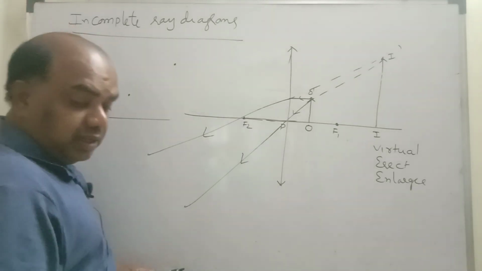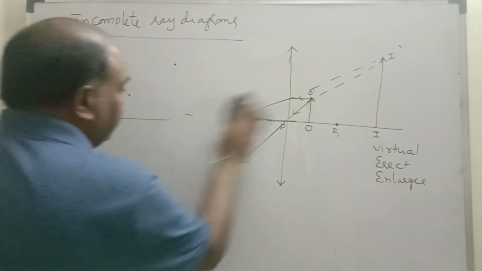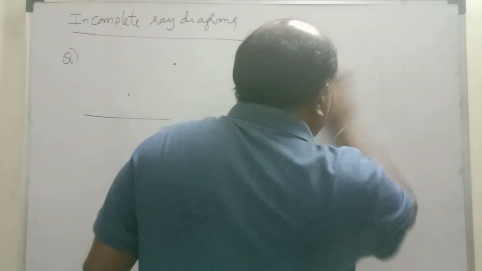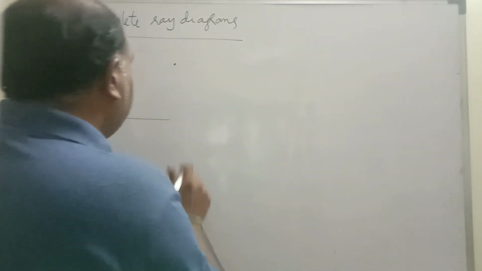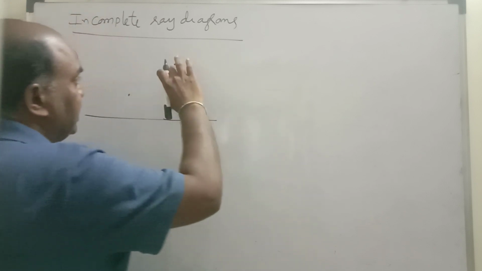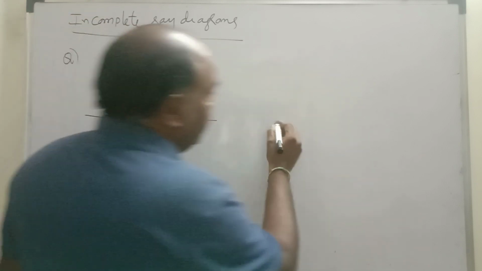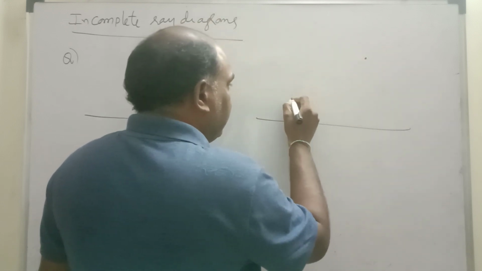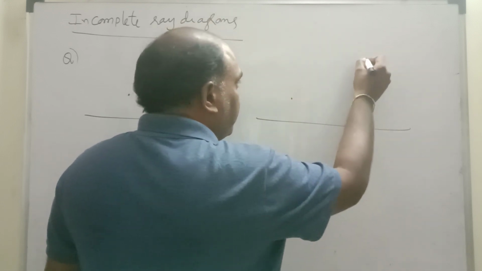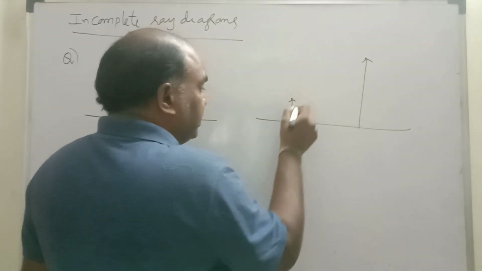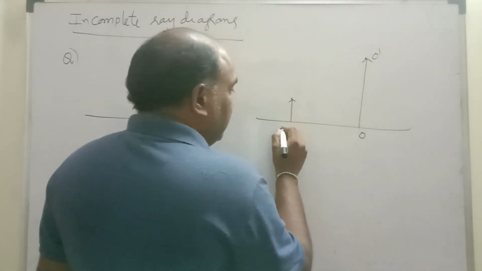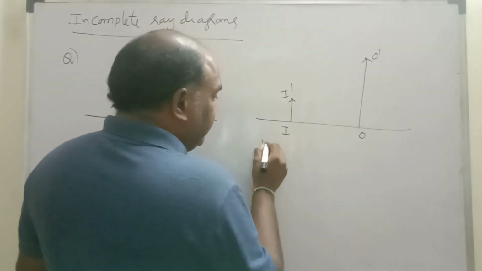Understand now? One more question we will see. Sir, can we take the same diagram for a biconcave lens? Yes, that we can also do. Now consider this one as the object and this one as the image. First case, we took the other as object. Now I am taking this one as the object, and this one as the image. What type of image is it?